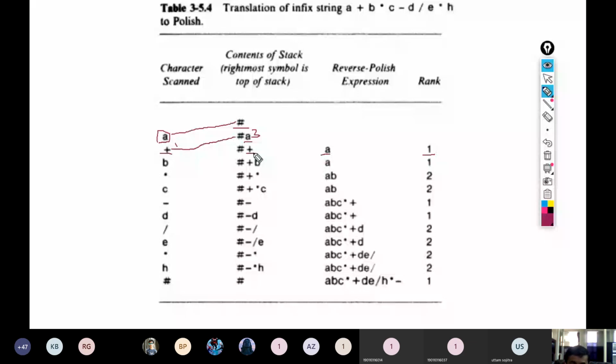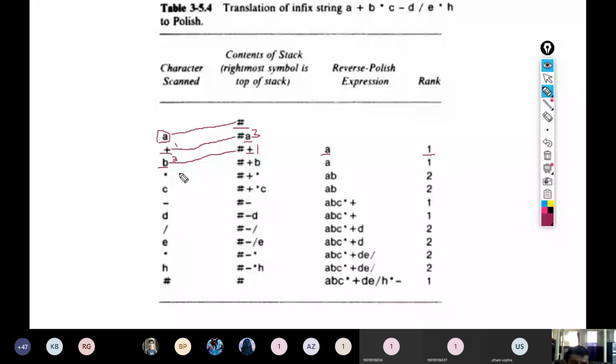Okay, and then we update the next character. Now the next character is b. We compare the precedence function of b and the top of stack. The precedence function for the top of stack is 1, and for the next character it is 3. Are you getting it, all of you?